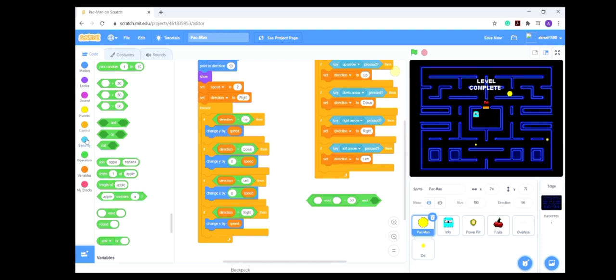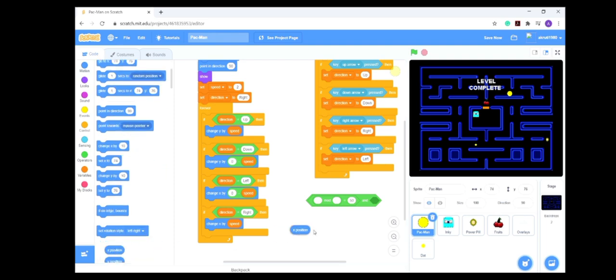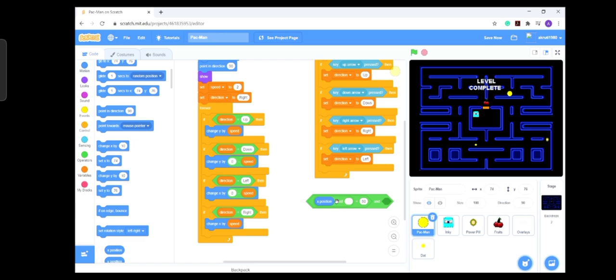Correct? So let's go to the motion. What we will take? We will take x position. If x, sorry, it will come here, and this move will go inside this one. Okay? If x mod 16. That means if the remainder of x position divided by 16 is 0, then it is a